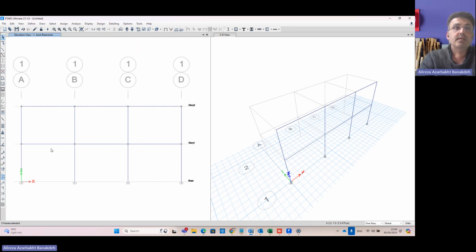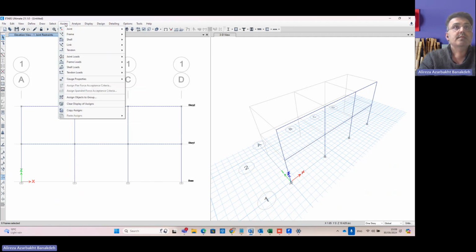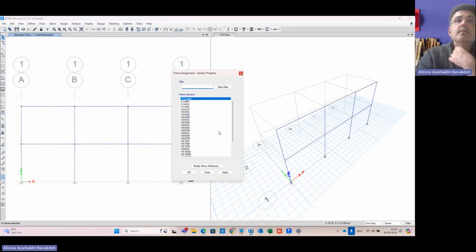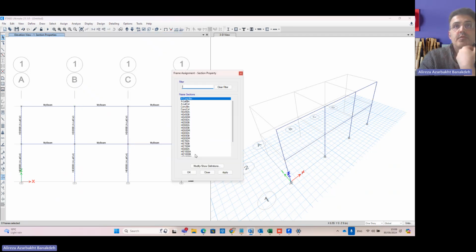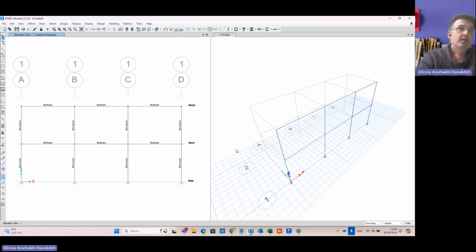So I will select these 6 beams and I assign frame property like my beam, press OK, and I select my columns, which are 8 frames selected here as we see, and I assign frame section property my column. So I press OK. So now I have all of the elements 40 by 40 centimeter,